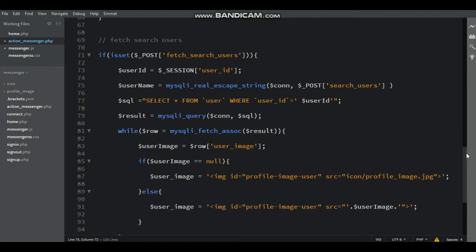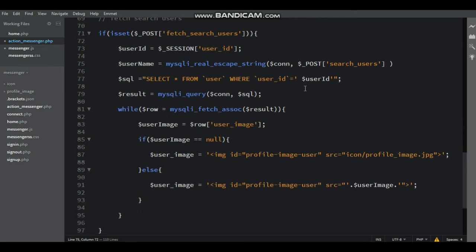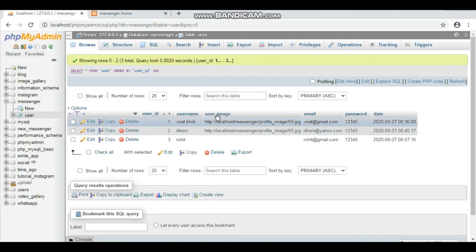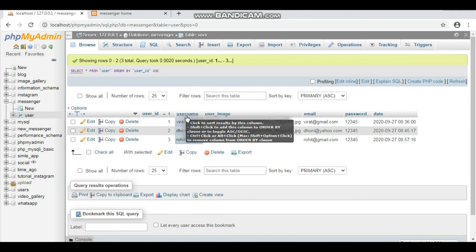And then change the SQL query. Here that is select from users where searching the user. Here in phpMyAdmin, that is name is username.